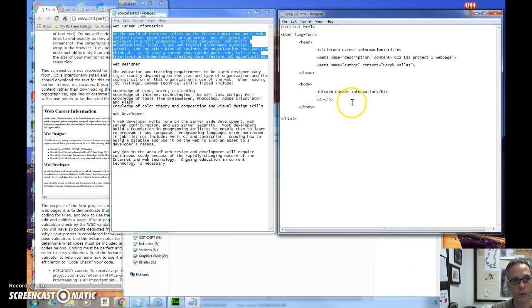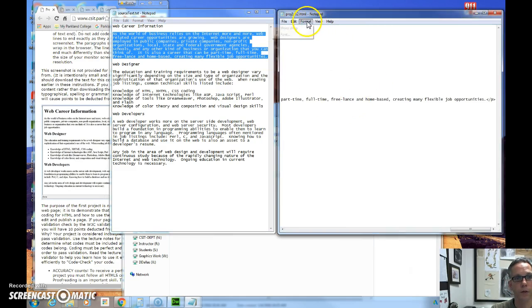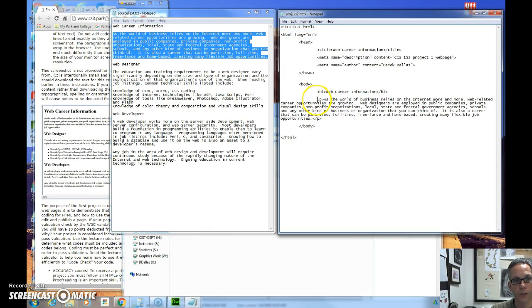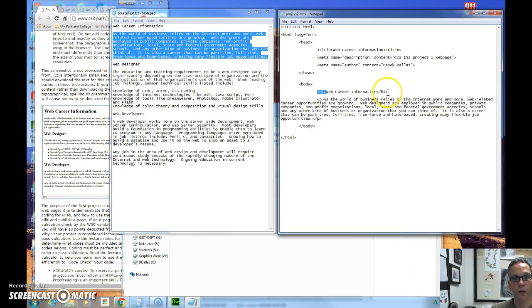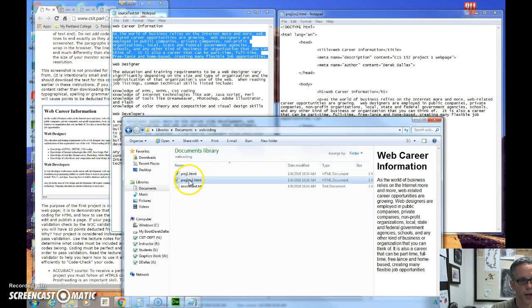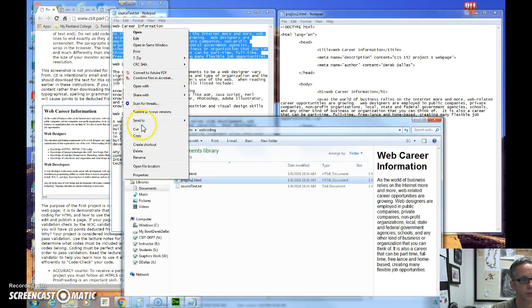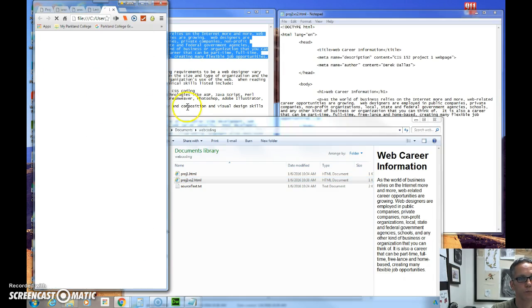Now, I'm just doing this as a demonstration of how you would mark these things up. I'm going to go to Format, Word Wrap. And you can see that I have my opening P, my closing P, and all of this is contained inside of it. You have to be totally alert to where things open and close. If you get these mixed up, it will cause your code to not validate properly. I'm going to hit File, Save. Okay. Now, if I go back to my folder where it's being stored, I can hit Control Open, and I can say Open with Google Chrome, and now